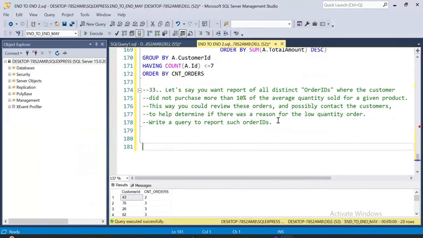It is saying, let's say you want a report of all distinct order IDs. Output में क्या चाहिए? Order IDs चाहिए जो कि distinct होगी. कौन से ऑर्डर आईडीज चाहिए? Who have not purchased in a single transaction more than 10% of the average quantity sold for a given product. Let's say कोई प्रोडक्ट है, उसकी जो टोटल क्वांटिटी का काउंट है वो 10 है, ठीक है। अब एक सिंगल ट्रांजेक्शन में 10 का 10% कितना हुआ? 1। अब किसी पर्टिकुलर ट्रांजेक्शन में किसी ने भी उससे कम लिया है क्वांटिटी उस पर्टिकुलर प्रोडक्ट का, तो आई जस्ट वांट दैट ऑर्डर आईडी, ठीक है। तो आई वांट टू डू दिस फॉर ईच प्रोडक्ट,